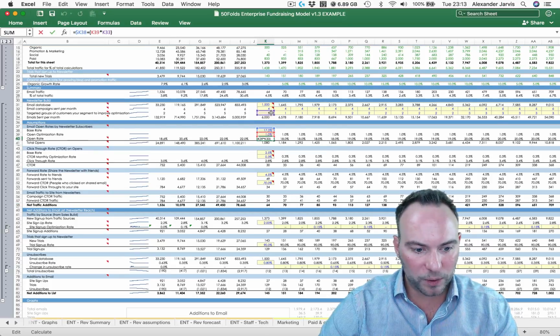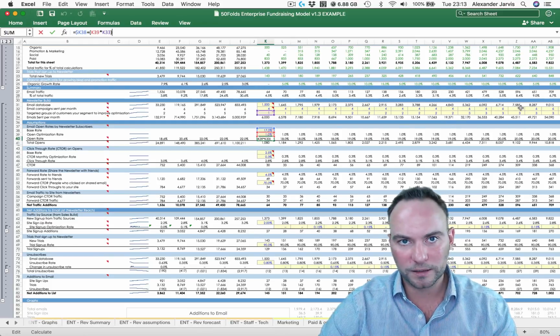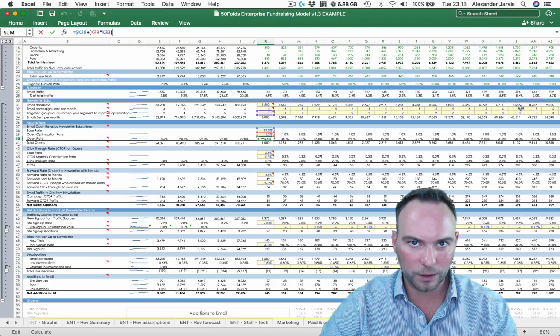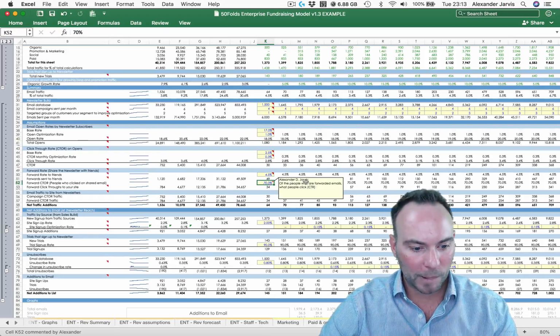Now, I mentioned this. Why is this number of segments going? So the open rate optimization is, say, 1% here. But once you start doing more segmentation, 1, 2, 3, and so on, I just assume that the optimization gets multiplied by the number of segments you do. Now, this is total artsy-fartsy, who the hell knows, but it's defensible because it's logical. And frankly, is an investor really going to argue with you about this stuff? No, because they probably don't even understand it, and they probably haven't watched this video.